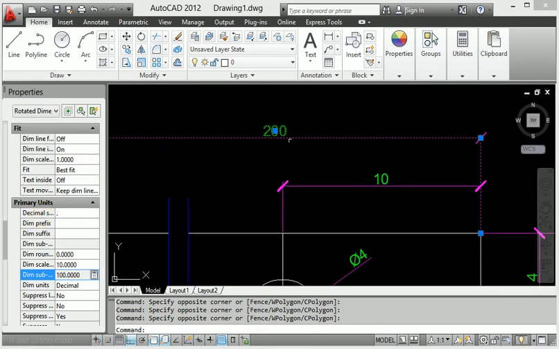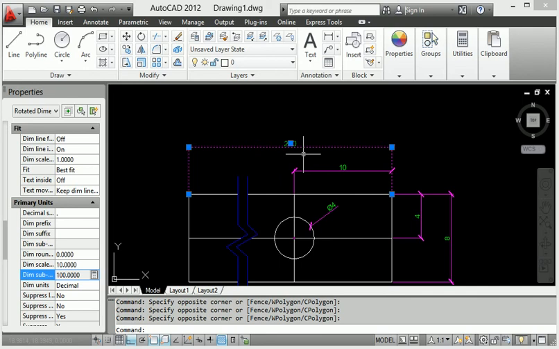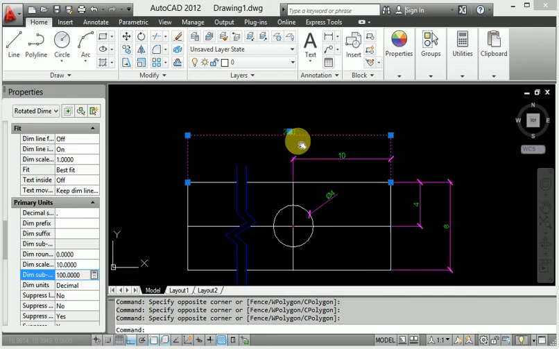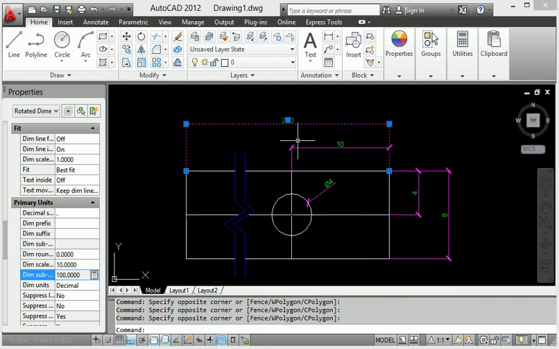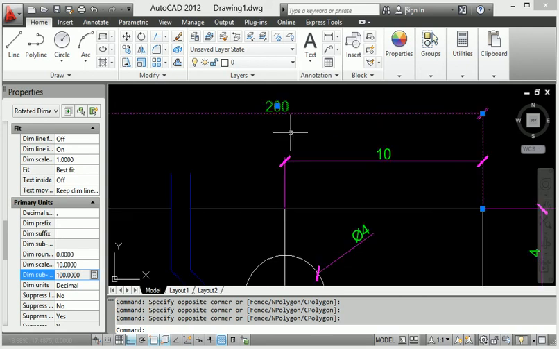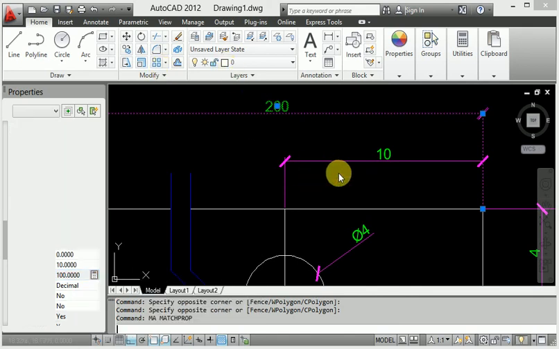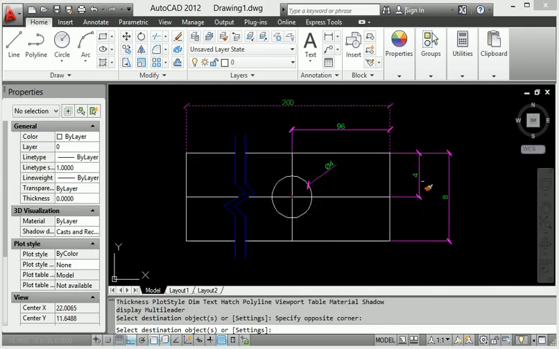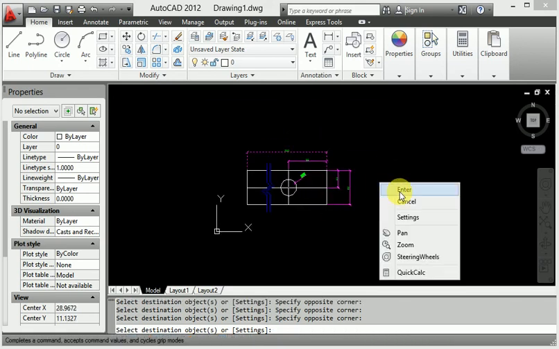Look at this, it is an easy way of changing the diagram. This type of dimensioning scale is very easy. When I want to apply it to every component, I can use match property everywhere. Every dimension gets the scaling.